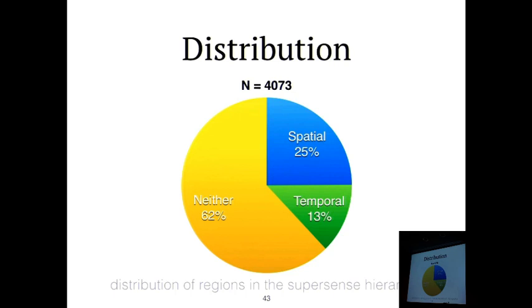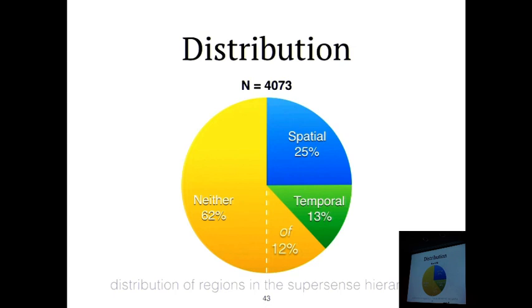Another thing that we thought was interesting was the distribution of spatial versus temporal versus other. If you look at the linguistics literature about prepositions, there's a whole lot of focus on space and time, which are important domains in language. But the spatial and temporal prepositions are only about a third in our corpus. Now, maybe genre is a factor, but if we only had space and time annotations, there would be a ton that we were missing. If you exclude of, which is somewhat different grammatically, fully 50% are a semantic use of a preposition that's